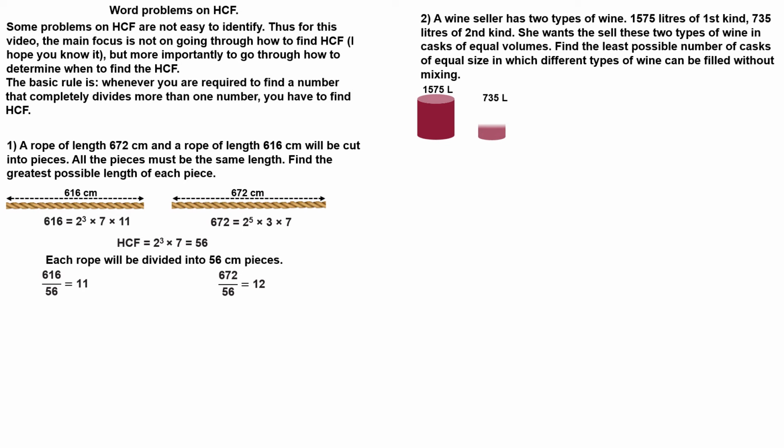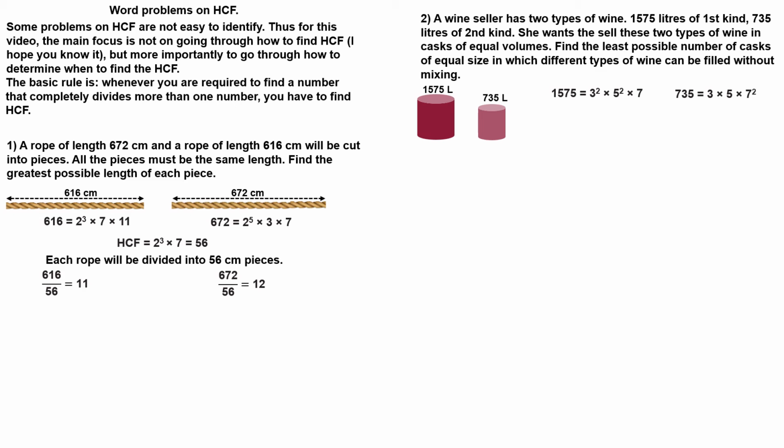This means they will be divided into casks and all the casks must be the same volume. For the least possible number of casks of equal volume, the volume of each cask must be of the greatest possible. To get the greatest volume of each cask, we have to find the largest number which exactly divides